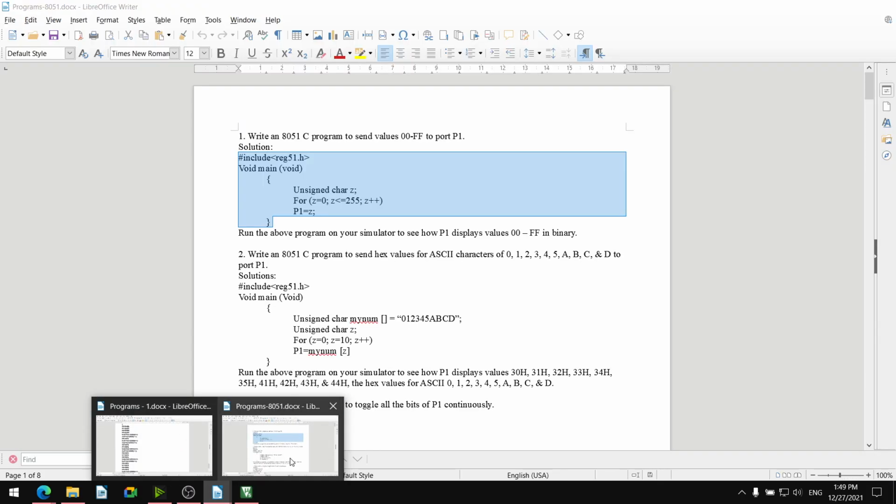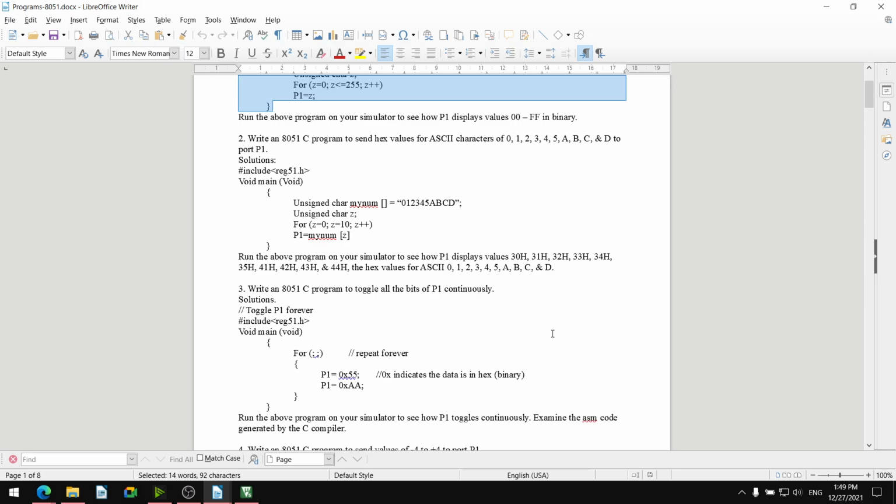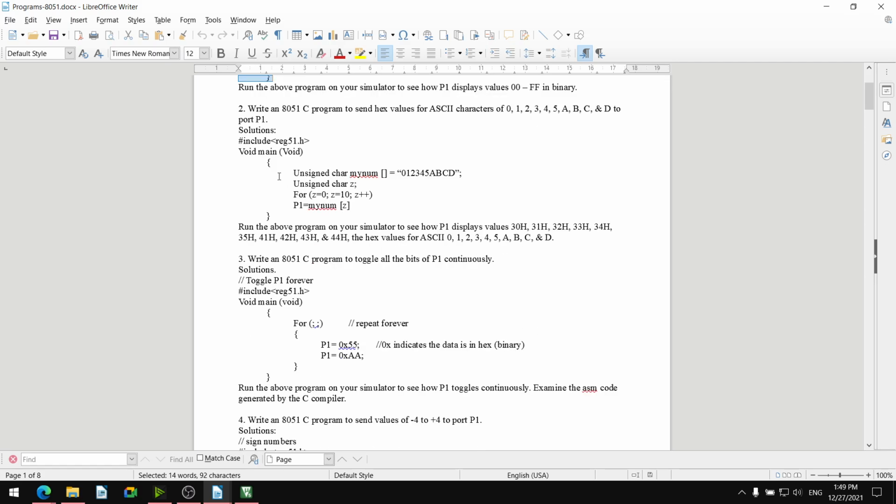Then next is outputting the character array elements. A character array MYNUM is defined, an array of characters, which is having 0, 1, 2, 3, 4, 5, A, B, C, D as ASCII characters, because they are included within inverted commas.